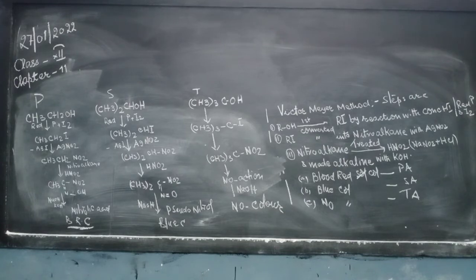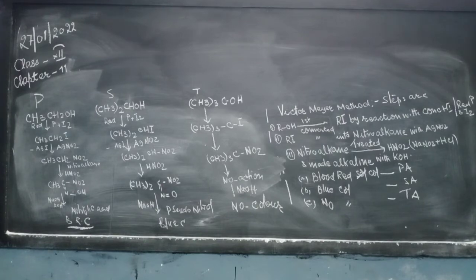Then it is treated with silver nitrite, and we form nitroalkane. Nitroalkane is further treated with nitrous acid and the resultant solution is made alkaline. Then what will happen? Blue color appears. That blue color is due to the formation of